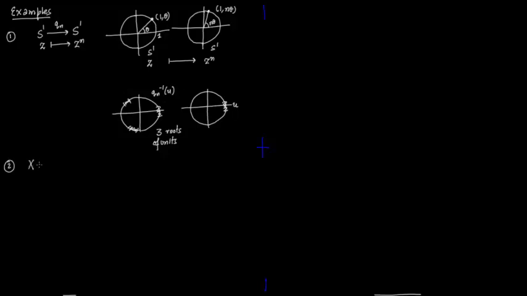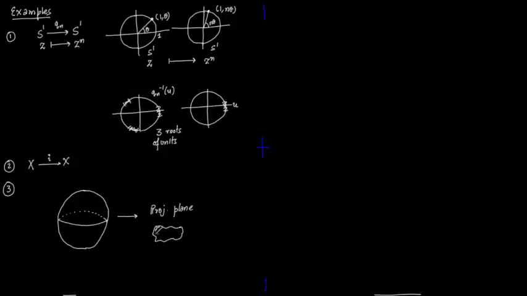So second is the standard trivial example. If you take the identity map from x to x, that itself will be a covering space. Another example is of the projective plane, and you obtain the projective plane by identifying antipodal points of a sphere. So you identify antipodal points, you get a projective plane. So this is also a covering projection.